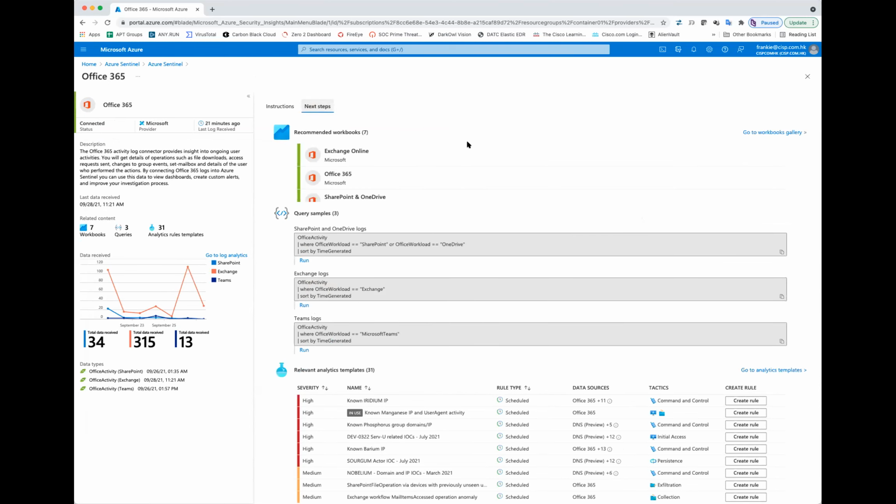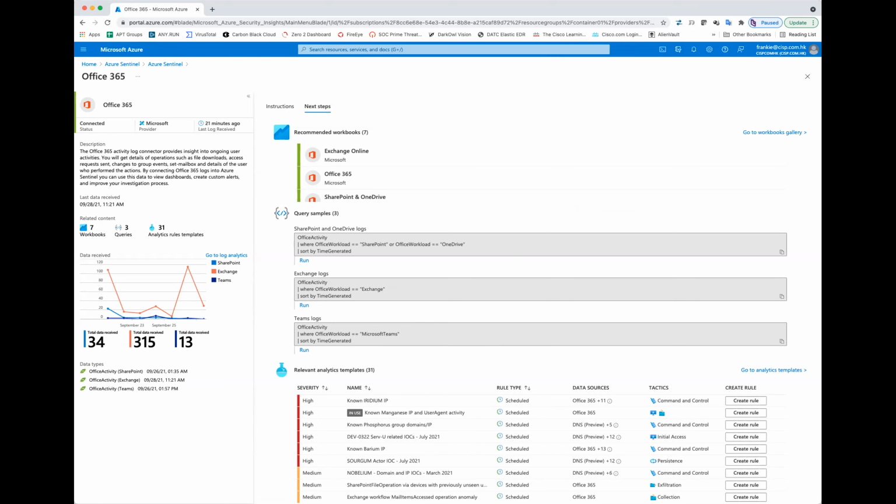For the next step, it just tells you how to test the query. That is what you want to see so that it will allow you to see the Office 365. Later on, I will come back to show you, in one of my use cases, more details about this data collected. Right now, I go to